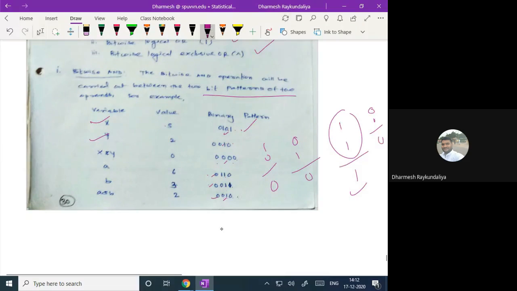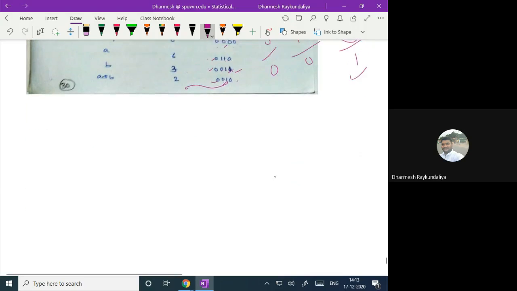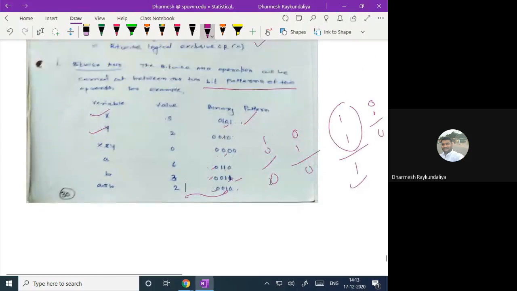And you can convert it. It is 2 raised to 0 and 2 raised to 1. The result is 2. यहाँ पे कितना है, 3 क्यों है, क्योंकि 1 into 2 raised to 0, that is 1, and 1 into 2 raised to 1, that is 2. 1 plus 2 is 3. Okay. और दूसरा मटेरियल दूसरे में क्या,